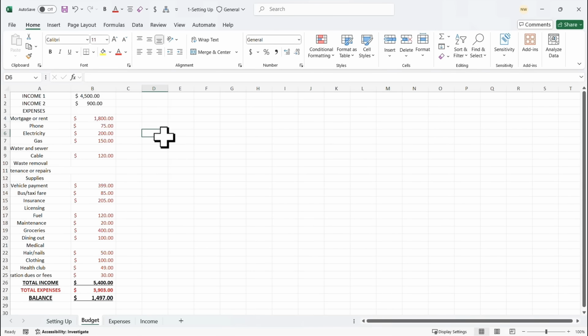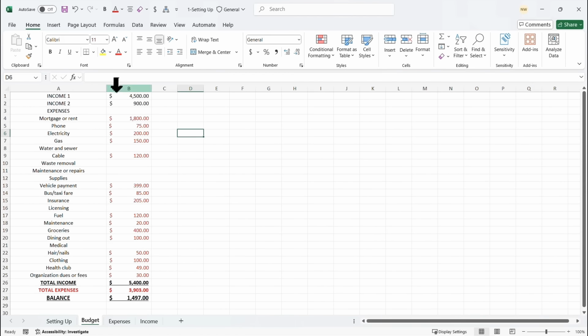So here's a simple list of income and expenses. Right. So this is sufficient for most of us who are tracking our expenses. The great thing is if I make any changes later on, these numbers will actually update. So this is dynamic. If my vehicle payment goes to $425, we can see the changes have been reflected here. So it's a nice dynamic list. No need to rewrite the formulas. Just go ahead and enter your information. So go ahead and add all of your expenses and add these three calculations down here on these three rows